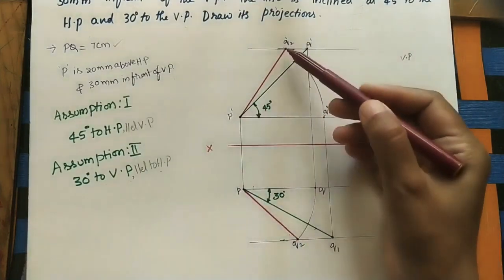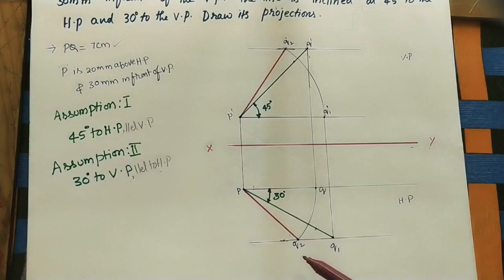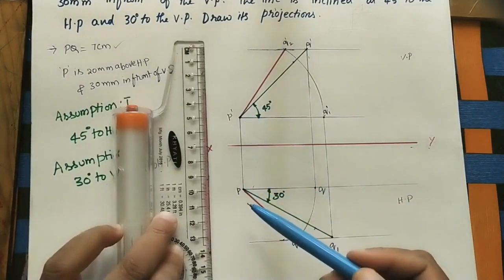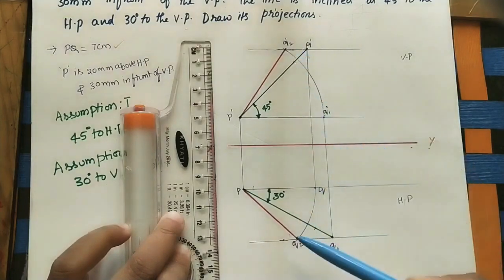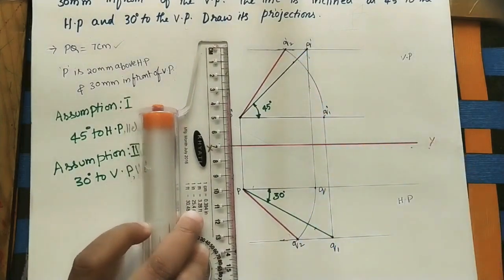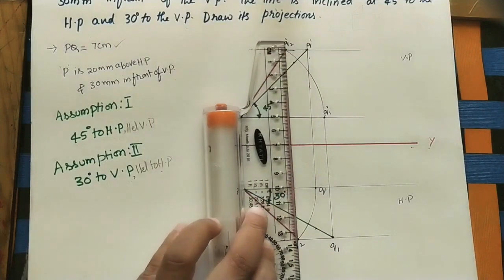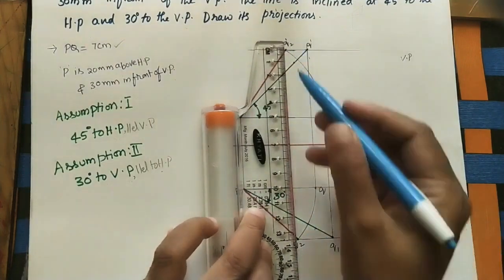Okay, P dash Q2 dash is the final front view. P Q2 is the final top view. Here the front view and top view are coming on the same line, it is called projector line. Check whether Q2 dash and Q2 are coming on the same line or not. This initial line we took as a reference. Just tilt the scale up to Q2 dash. See, here both points are coming on the same line.